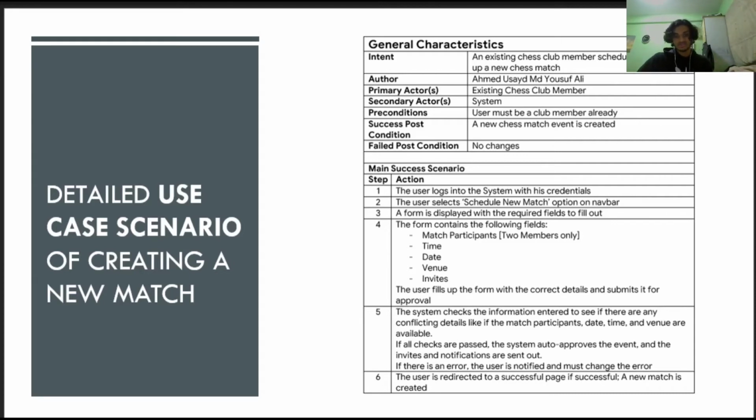The step-by-step of this scenario starts off with the user logging into the system with his or her credentials, and then the user selects the schedule new match option on the navigation bar. A form will be given to the user to fill out with the required fields. The form, as you can see over here, will contain the match participants, the time, the date of the match, the venue of the match, and invites and guests of the match. So the user will fill up the form with the correct details and they will submit it to the